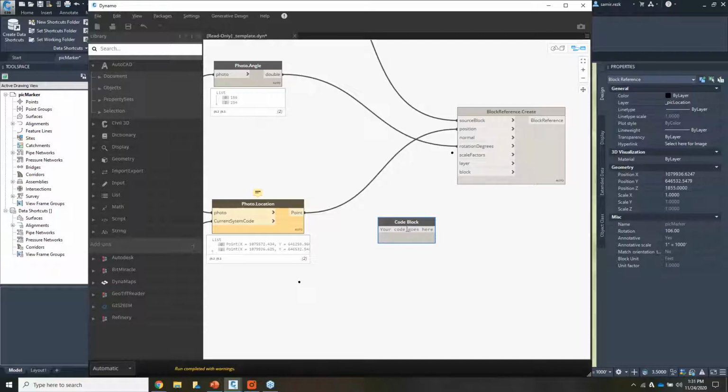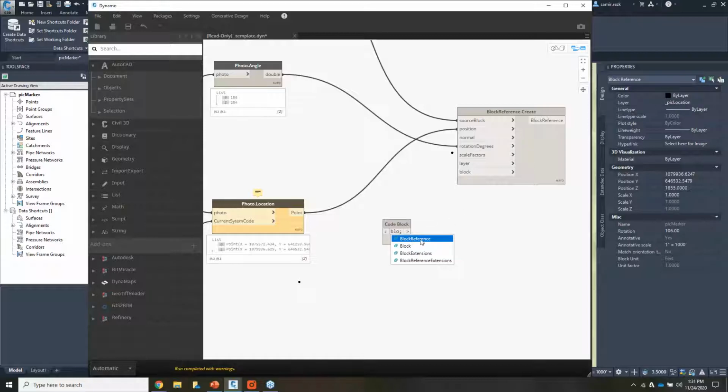But we can use this code block for simple things. If I want a number, you can just type in a number, and that would give me a number. If I want a piece of text, I put it in quotes, and that would be the text. That's like a string, as long as you put it in quotes. If you type a letter without quotes, that makes it a variable. So be careful. And there is a lot more you can do with code blocks, because we can write any of the